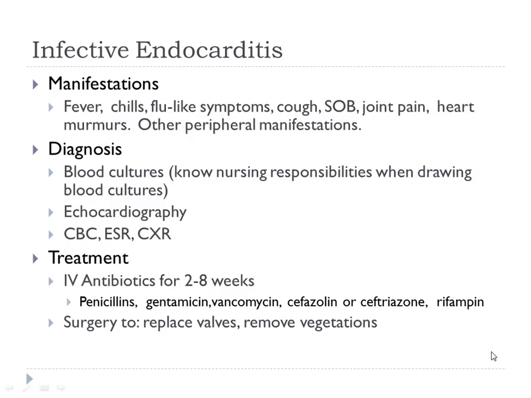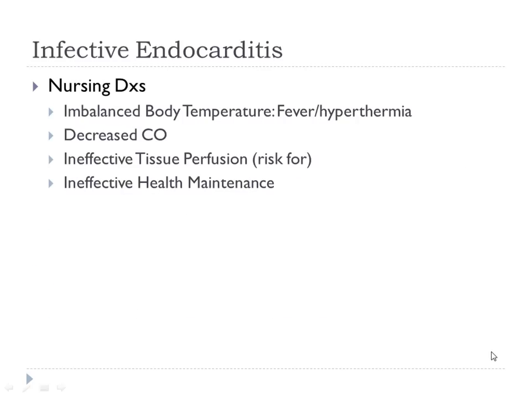This person is going to need long-term antibiotics. Usually antibiotics we take for what? 7-10 days. 2 to 8 weeks, this patient will need some sort of antibiotic. And here are some things that they might use. Remember that it's not our nursing responsibility to prescribe and choose what medication to give. So this is just FYI, this is probably what's going to be good. And if there are valvular problems, the patient can have surgery to fix those valves. Because there's infection: fever, decreased cardiac output. Remember, it's the theme of this whole cardiac unit.